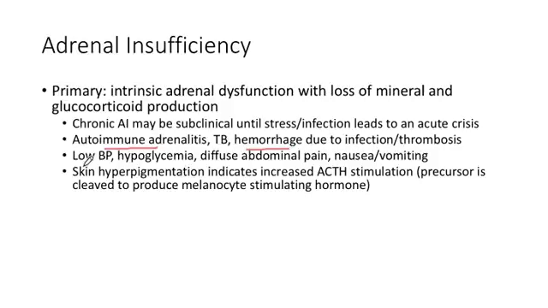And the key here again is going to be to have signs of both loss of mineral corticoids like low blood pressure and low sodium with high potassium, and also you're going to have diffuse abdominal pain. This is actually relatively specific for primary adrenal insufficiency versus secondary insufficiency, is to have this diffuse abdominal pain. They should also have some nausea and vomiting. And another clue would be if their skin is hyperpigmented, that suggests that the pituitary has been trying to get the adrenal gland to work for a while to no avail.